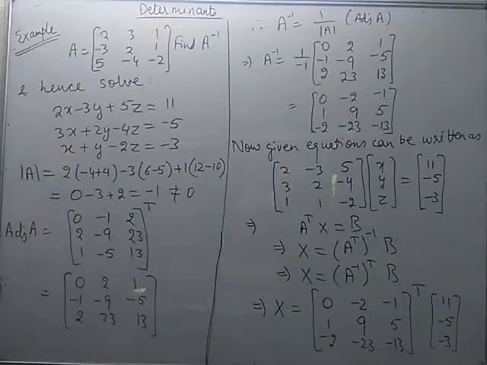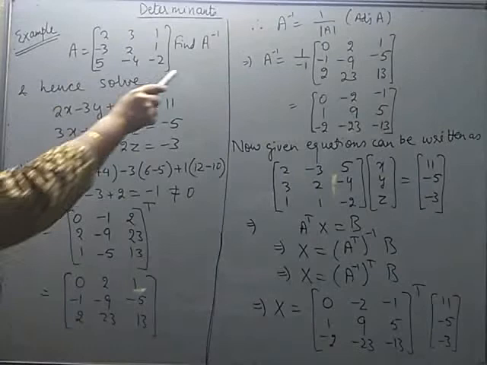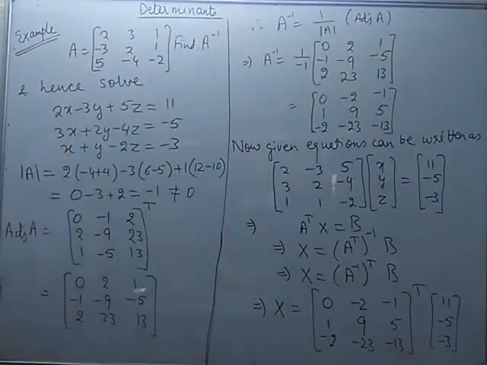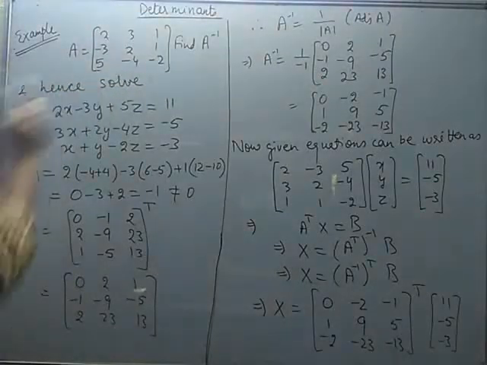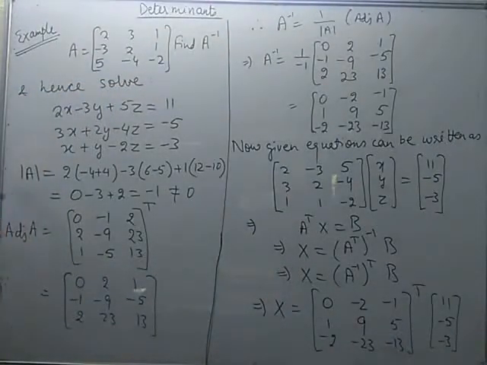Now students, another example from applications of matrices and determinants. See again how it is slightly different from what we did in the previous two examples. A matrix A is given to us and we have to first find its inverse, and then we have to solve this system of linear equations. Because using the matrix we have to evaluate its inverse, we need to find the determinant of A and check it is a non-singular matrix.